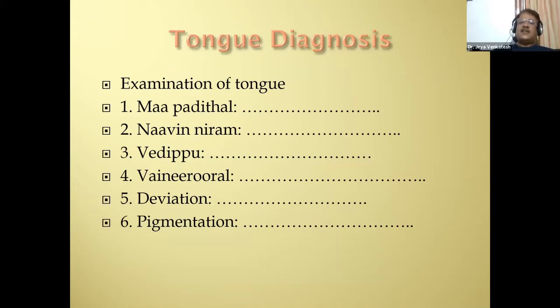hypersalivation, deviation of the tongue, hyperpigmentation on the tongue. All 6 parameters are